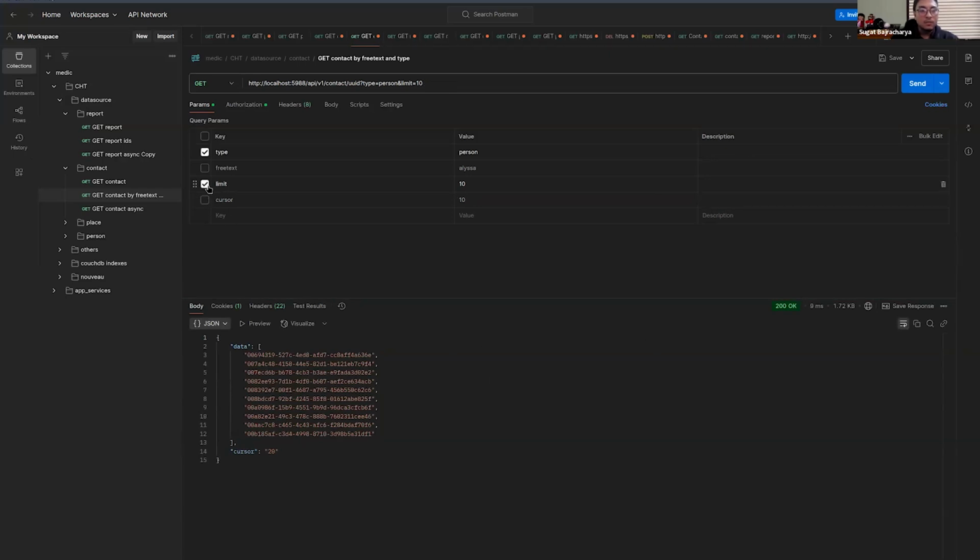Similarly, I can search the contact UUIDs by free text. This is just a random contact I have in my deployment. It provides me with all the contacts that match. Similarly, pagination can be applied here as well. Moving on to the next endpoint,